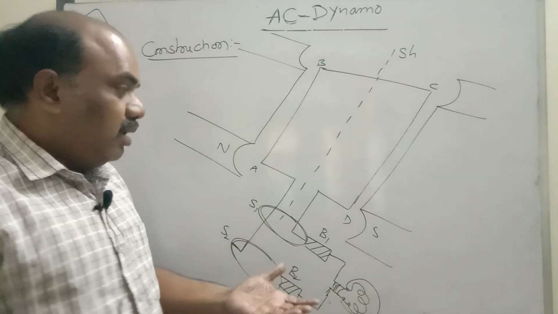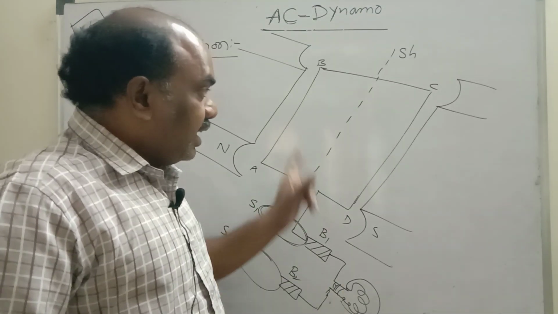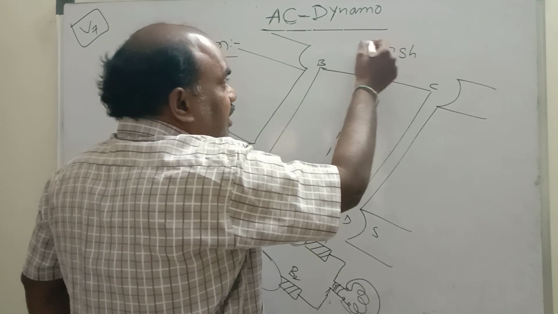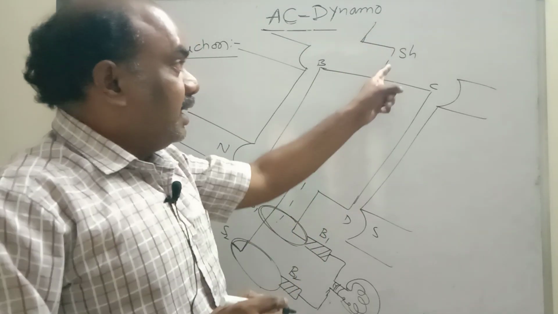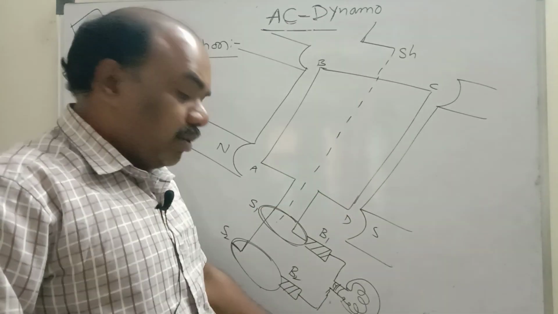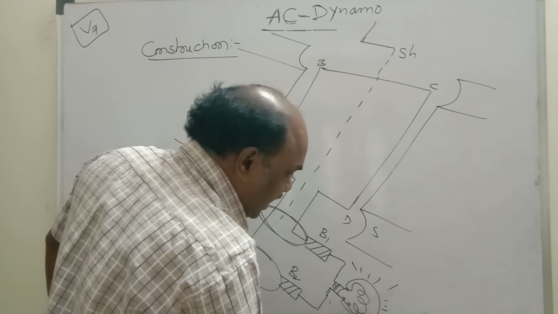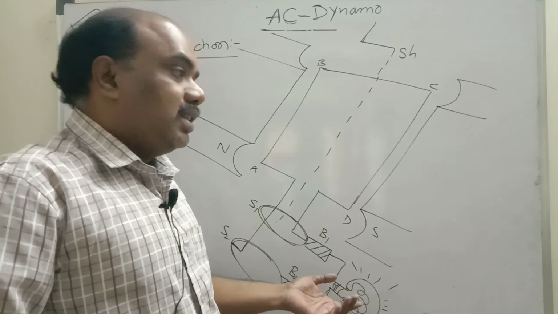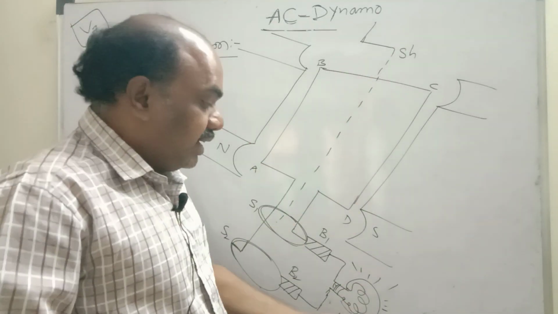I did not do anything else. In electric motor, we connected a battery, so electrical energy converts into mechanical energy. Here we are going to rotate the armature. If you rotate the armature, the bulb glows. Mechanical energy converts into electrical energy. The bulb gives lighting. Here there is no battery, no chemical energy, no external potential difference. Still, if you rotate the armature, mechanical energy is converted into electrical energy.